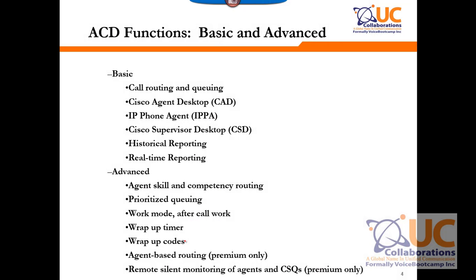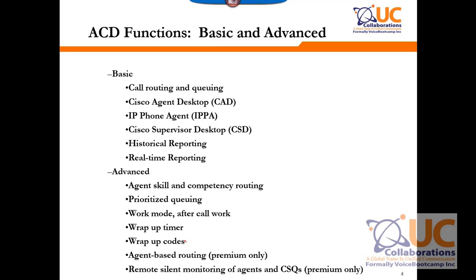ACD basic function can provide call routing and queuing, and provide Cisco Agent Desktop capability, which allows the agent to log in using a special software and then provide call center support to their client. If you do not want to use agent desktop software, then you can use the agent phone to receive a call from a client. Of course, an IP phone agent is not the same as CAD, as CAD can provide more advanced integration